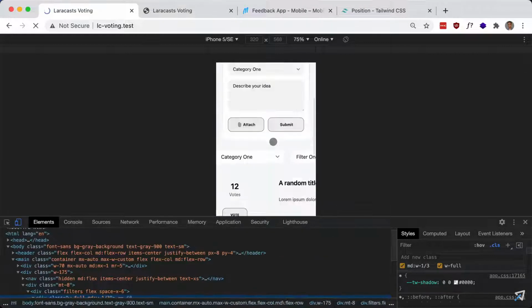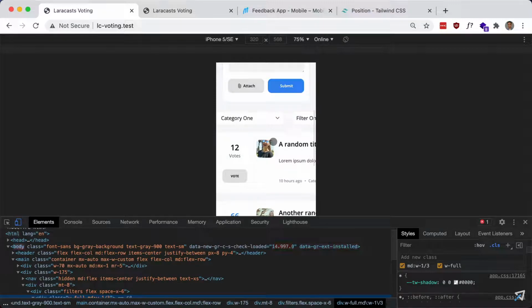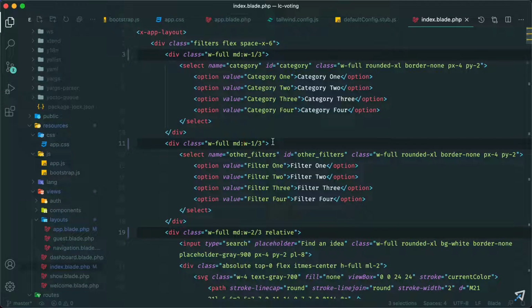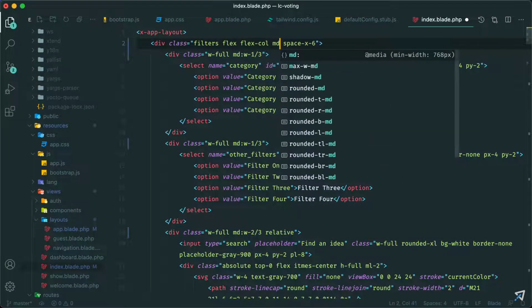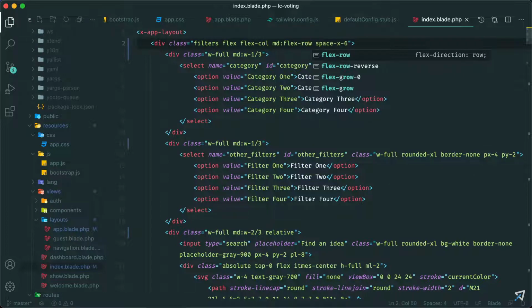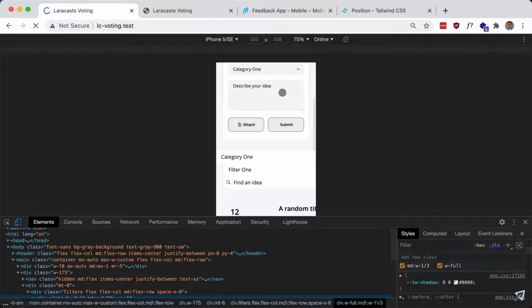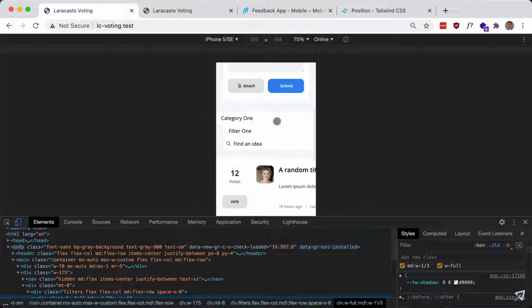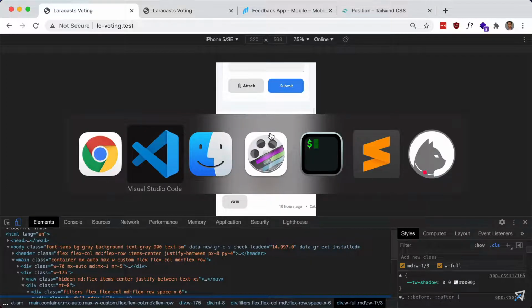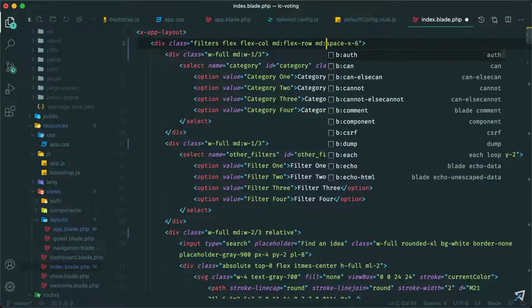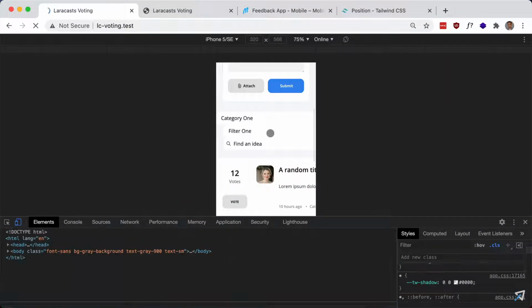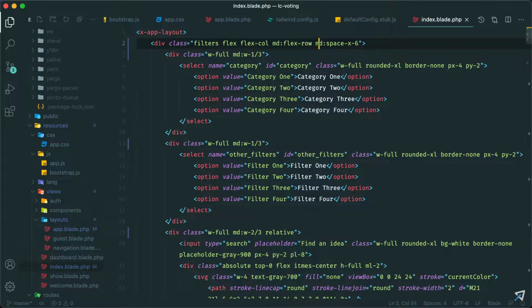Did that not work? Did not. Oh yeah, so we have to do the same thing we did earlier. So flex col by default, and medium and above flex row, so we can stack it. Okay, so now we just have to remove the space X and give it some margin on the top. So this is for medium and above, so it should be full width now. And it is. And we can give it space Y2